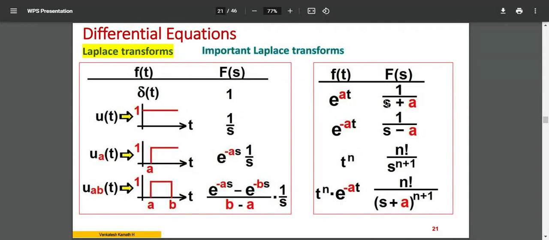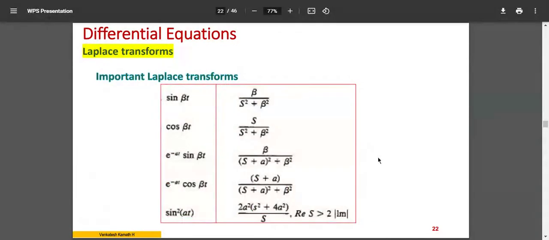This is what I told you in the previous one, that there is an error here. So it will be s minus a and this will be s plus a. All right. The same logic flows over here also. I have given sine square at also, but I doubt this kind of question has ever come; these simple ones have appeared earlier.